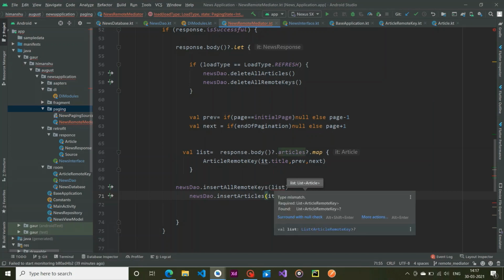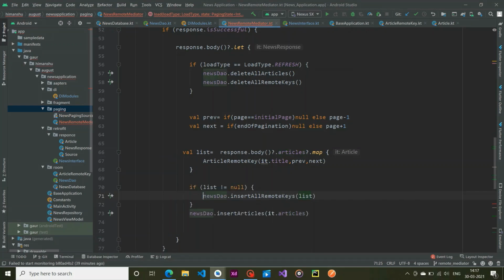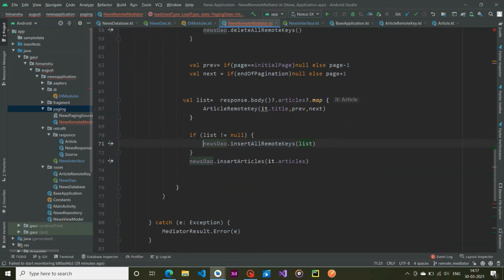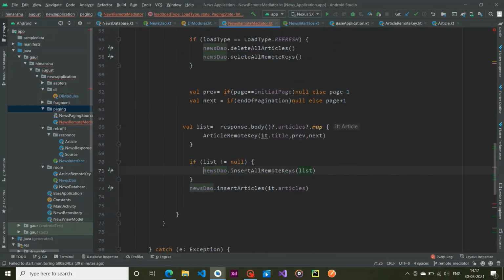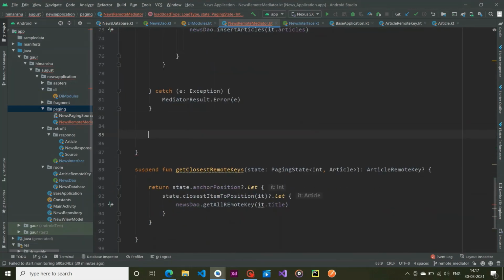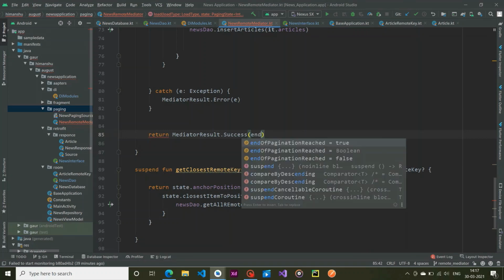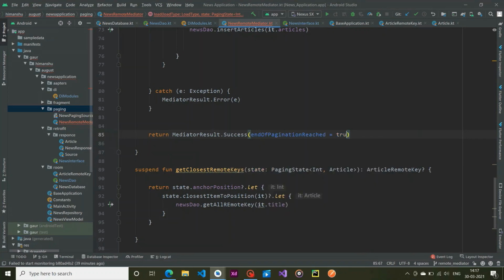So surround it with null check and it is fine. So this is the whole implementation of our load. And lastly we return mediator result dot success and pass end of pagination.